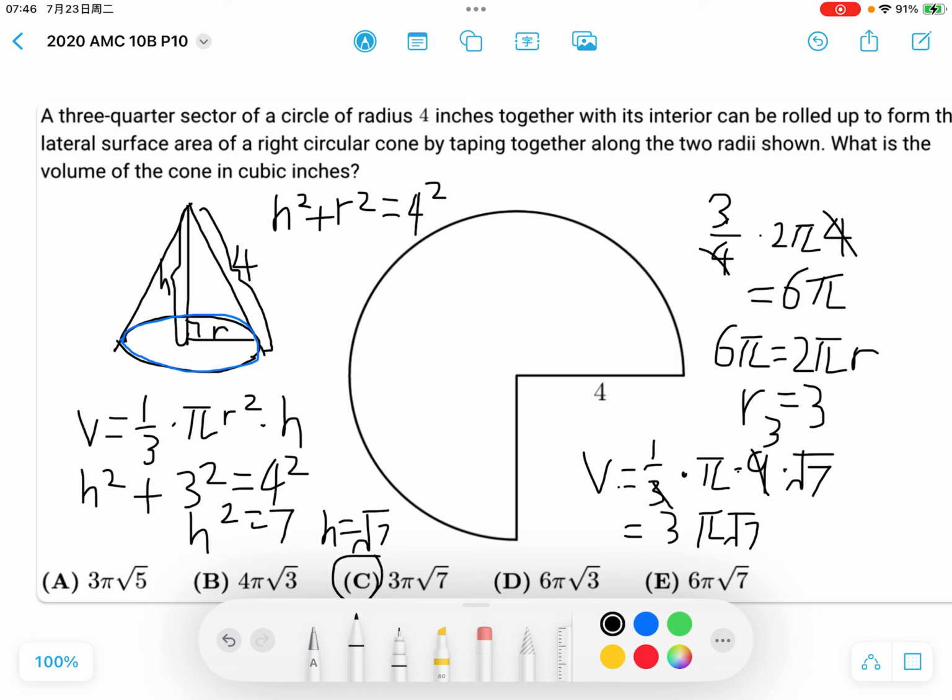So we circle C. This problem is mainly about visualizing the cone and also understanding which corresponding parts of the lengths in this big circle correspond to the lengths in the cone. And then we also have to know that the volume of a cone is 1/3 times its base, which is a circle, so it's pi r squared